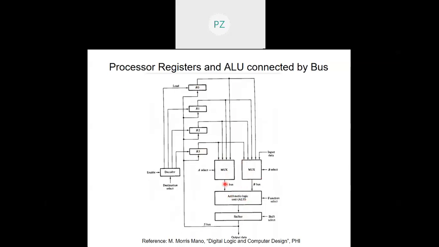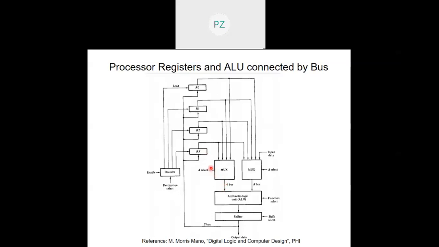We can see that the arithmetic logic unit is receiving two operands, one through the A bus and the other through the B bus, and they are directed by a 4:1 multiplexer, wherein the four inputs are four registers, scratch pad registers, or I can call them a register file or a group of registers R0, R1, R2, R3. Depending on the select lines of these two multiplexers, one of these four registers will be selected to direct data at its output. Suppose the select line is 0, 0.